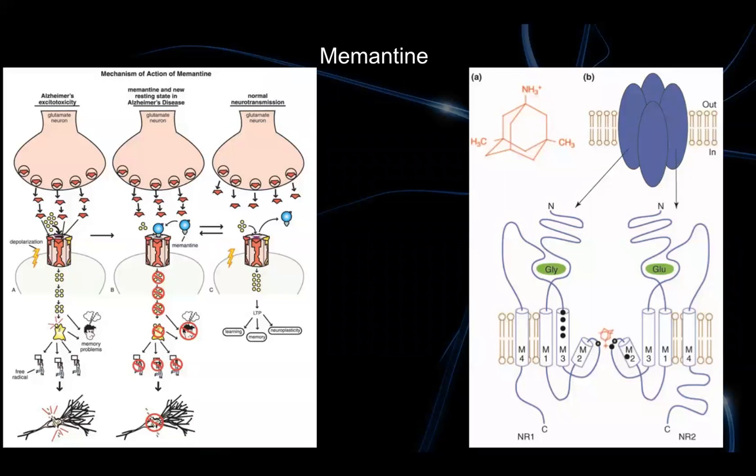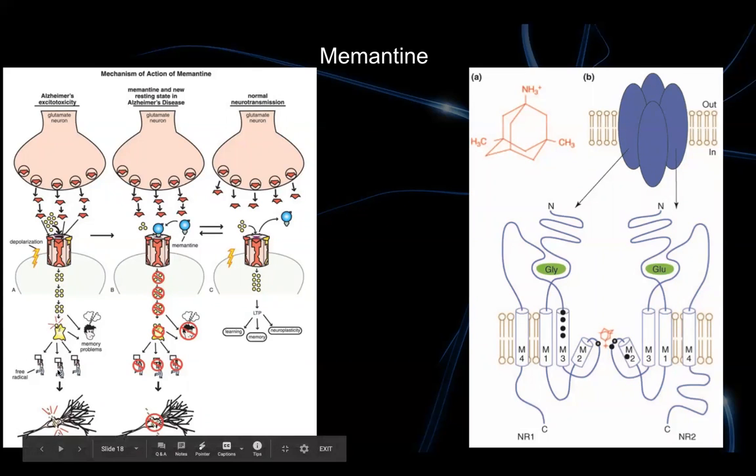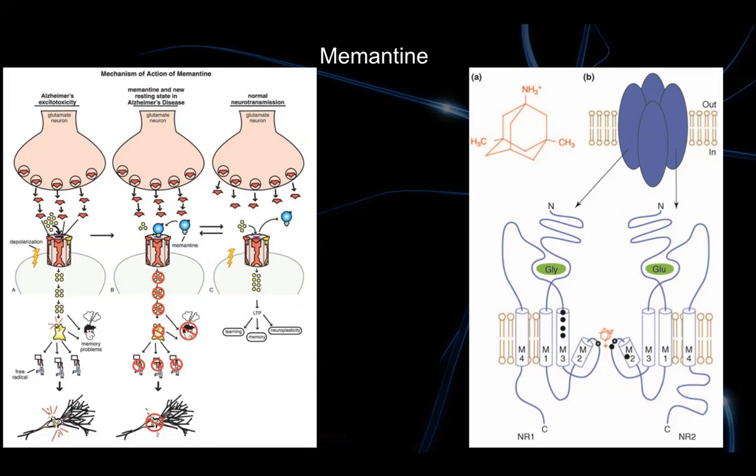Overstimulation of the NMDA receptors by glutamate has been found to be very common in neurodegenerative diseases, such as Alzheimer's disease. The large amount of glutamate binding to NMDA receptors opens up channels that allow for the influx of calcium into neurons. An excess amount of calcium can be cytotoxic, producing free radicals that result in neuronal damage. In this clever picture here, we have radical humans protesting something to represent these. After the channel is open, memantine blocks this to prevent further damage to neurons in the central nervous system.